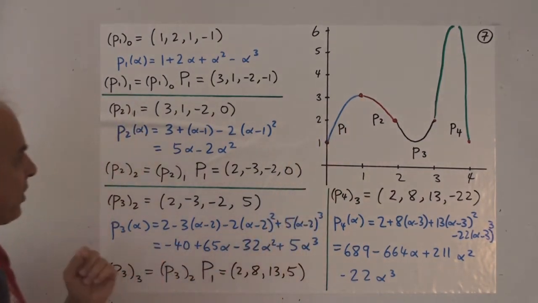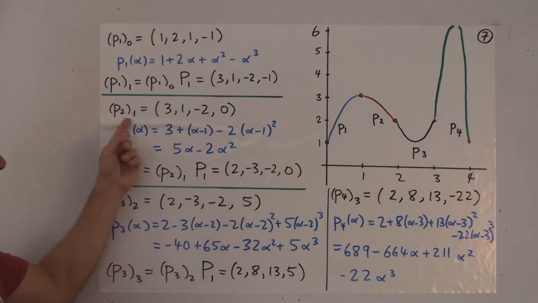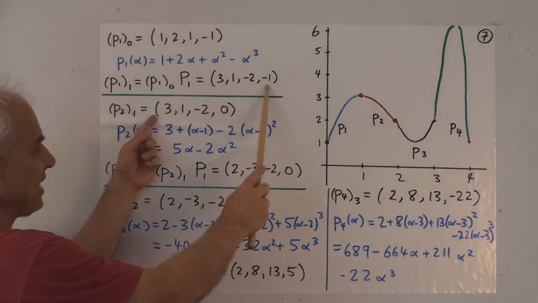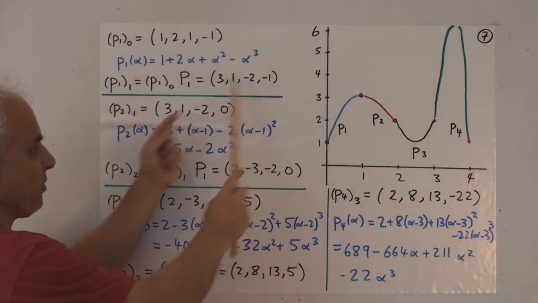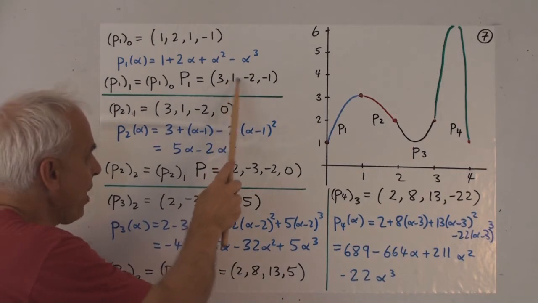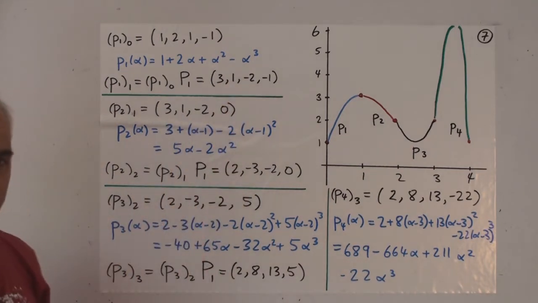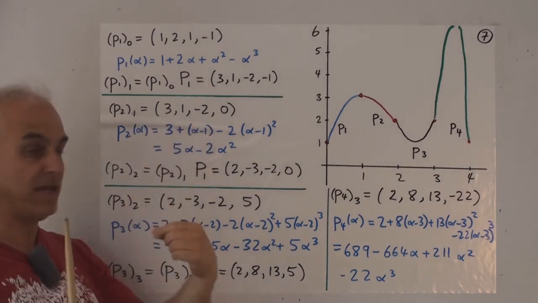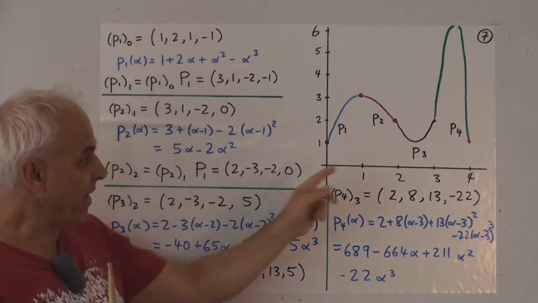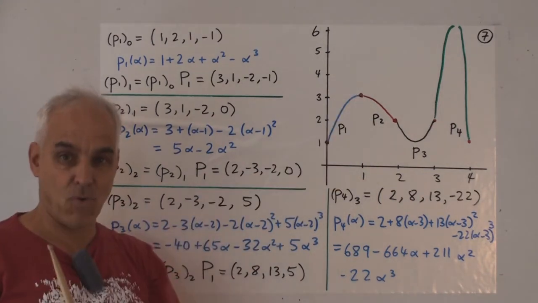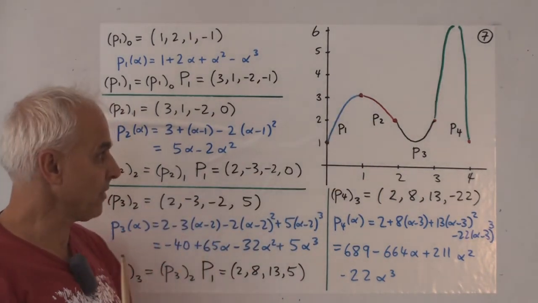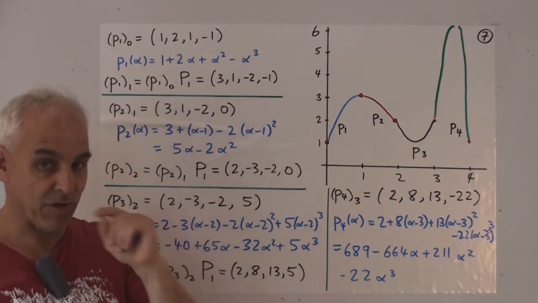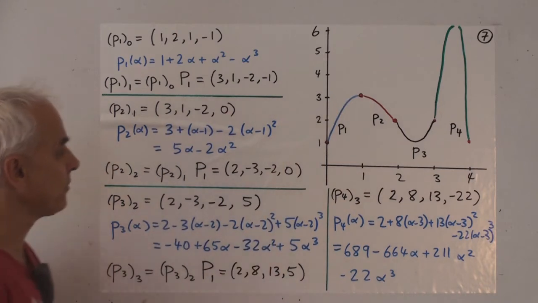And we want it to match up with P1. And the way we're going to do that is we're going to choose its Taylor coefficient vector at 1 to be exactly the same as this one in the first 3 components. We're going to take the 3, the 1, the minus 2, and we're just going to copy them. That will ensure that this polynomial agrees with P1 at the point 1 to order 2. The values will agree, the first derivatives will agree, the second derivatives will agree at this point 1.